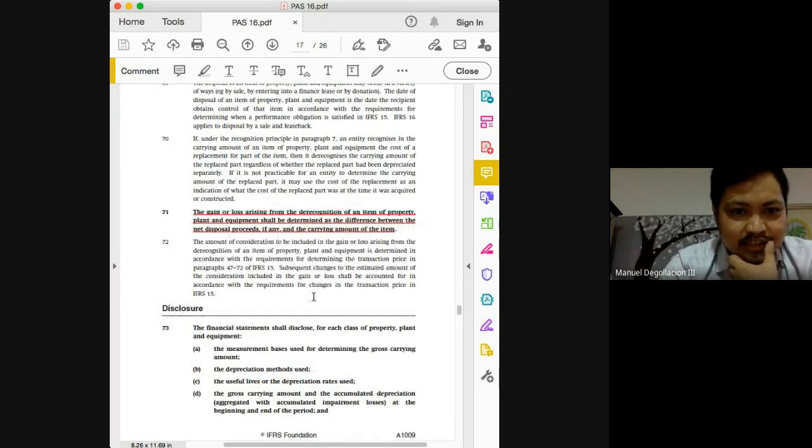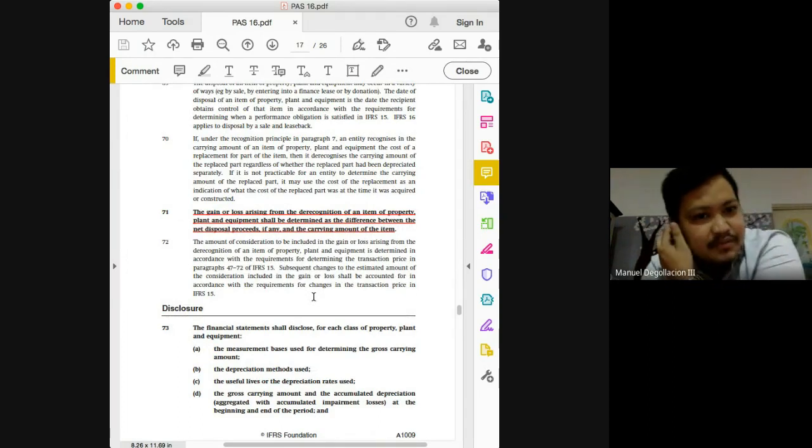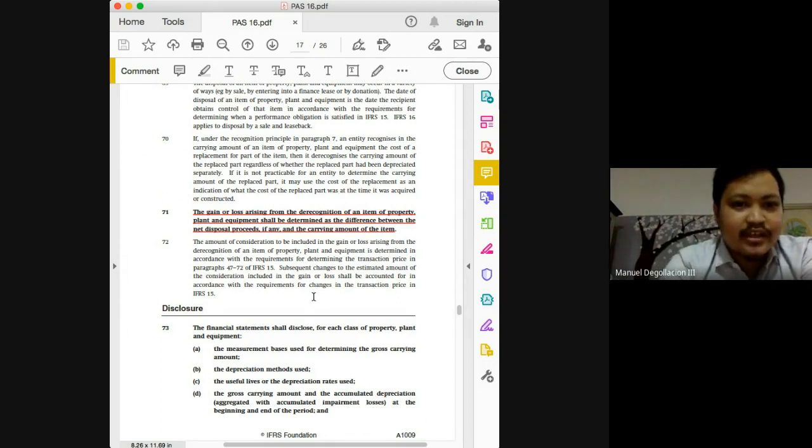The gain or loss arising from the derecognition of an item of property, plant, and equipment shall be determined as the difference between the net disposal proceeds less the carrying amount. So this is the formula for computing the gain or loss on equipment. So please take